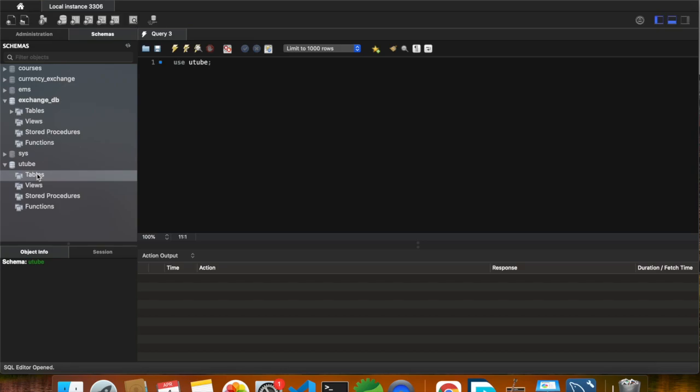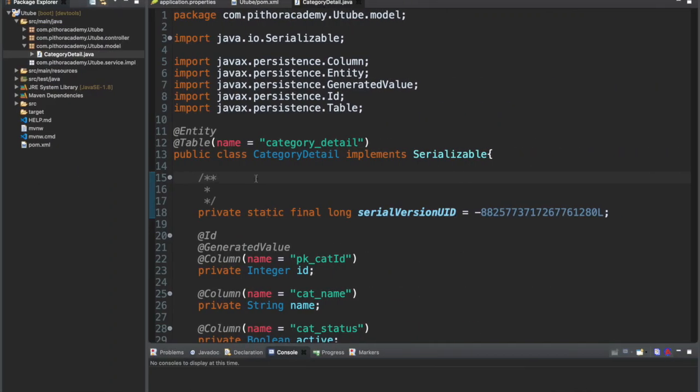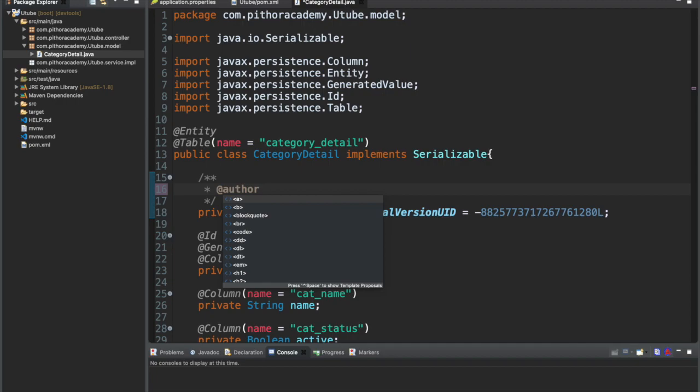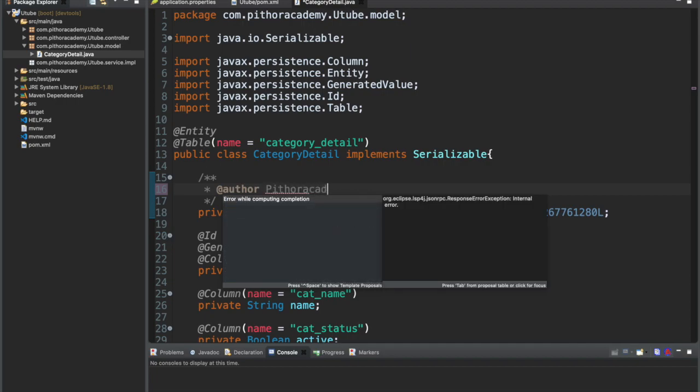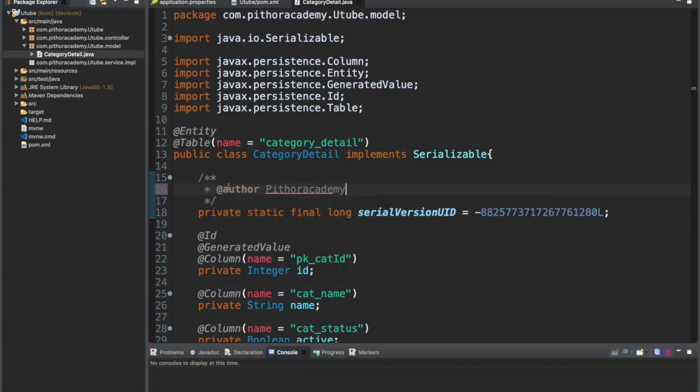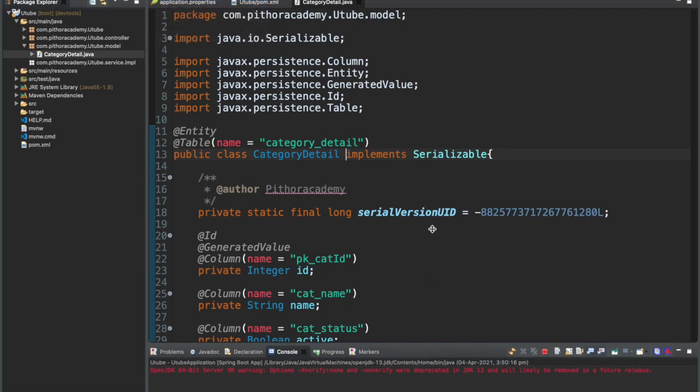Look, we don't have any table. Let's save this, and once I start this application, you'll see here